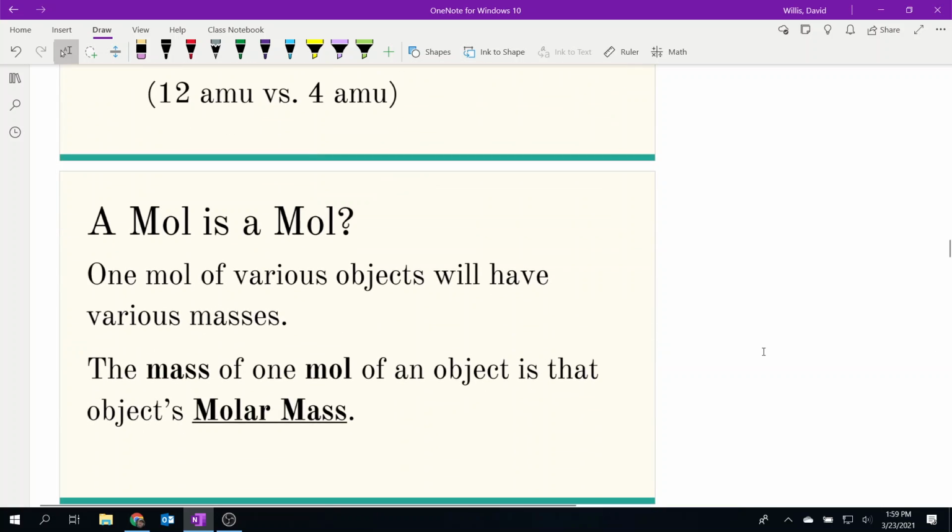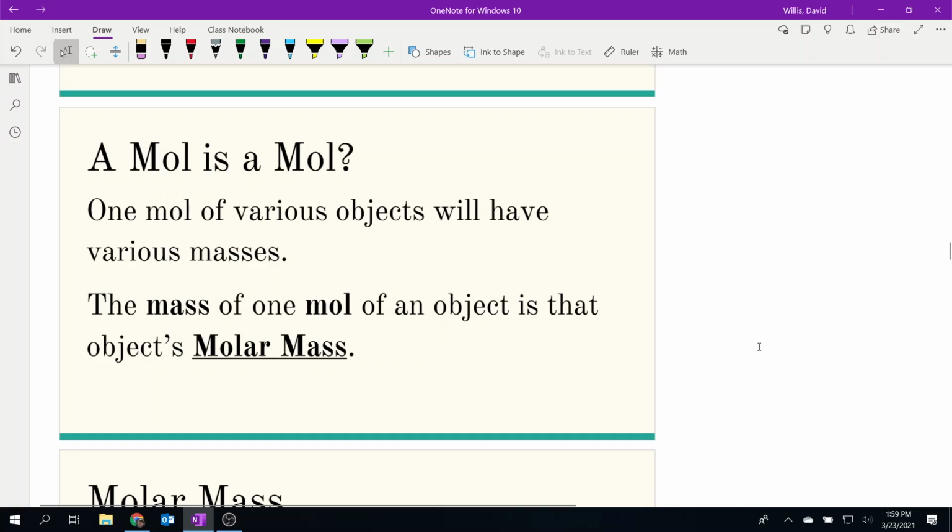All right, so what we can see is that even though 1 mole will have the same number, they will not all have the same mass. And so I want you to write down that the mass of 1 mole is what's called an object's molar mass. Due to the boundless creativity of scientists,